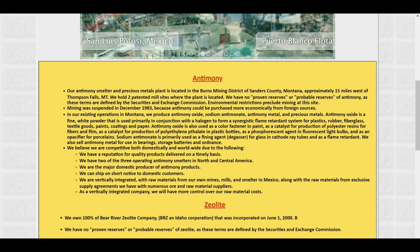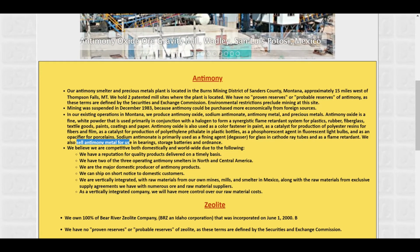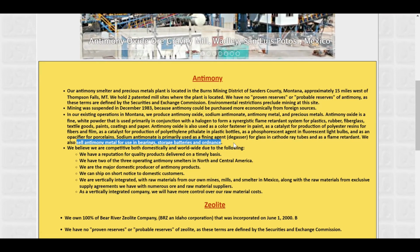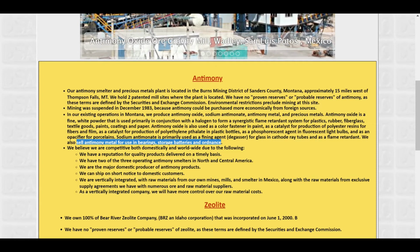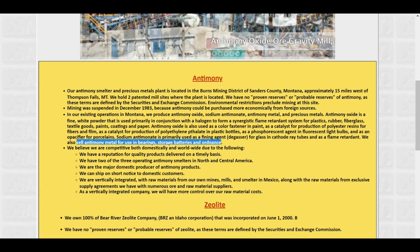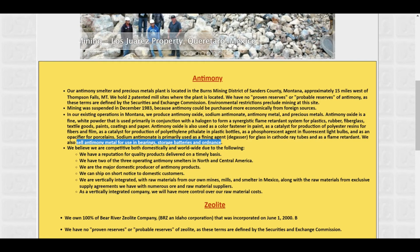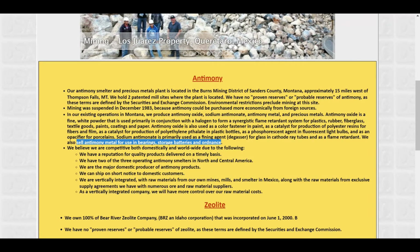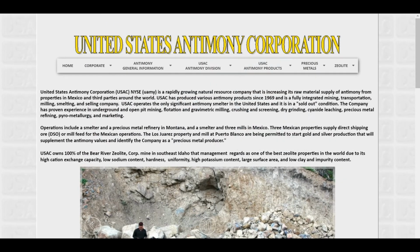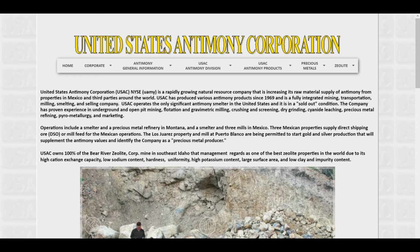Now, one of the important points to take note of is this bit here. They also sell antimony metal for use in bearings, storage batteries and ordnance. Now, obviously with the whole world shifting towards EV, there's going to be more batteries that need to be made, and antimony is one of the minerals that are used in batteries, so there's going to be an increased demand for this mineral. And United States Antimony, having sort of a monopoly in that US market,